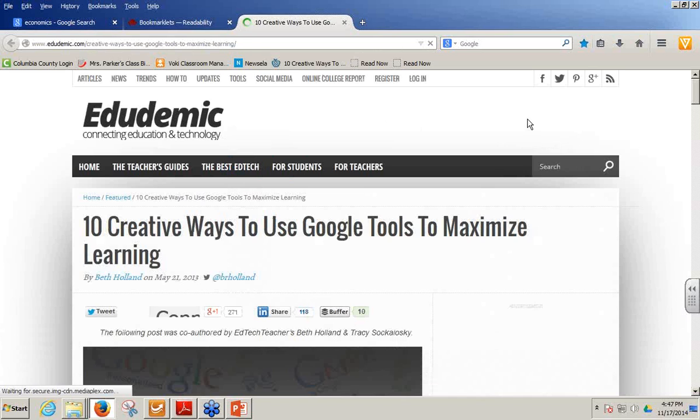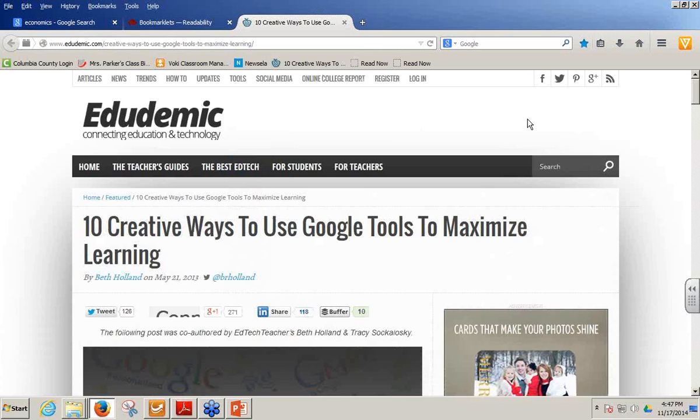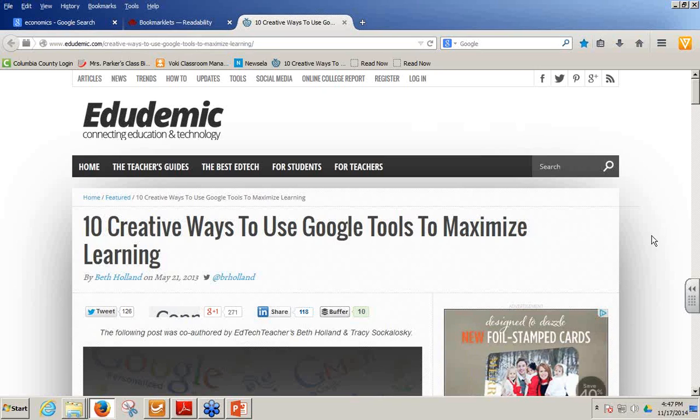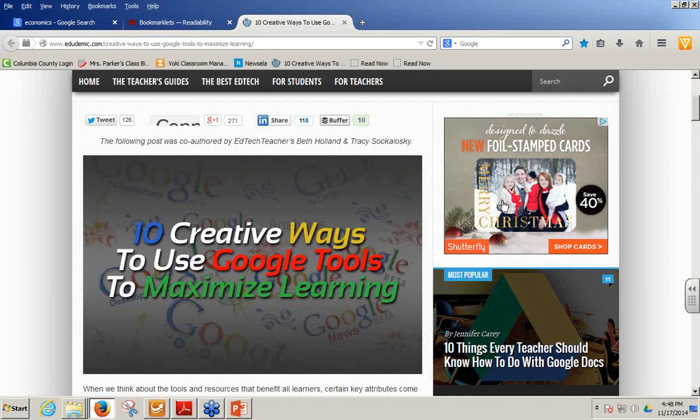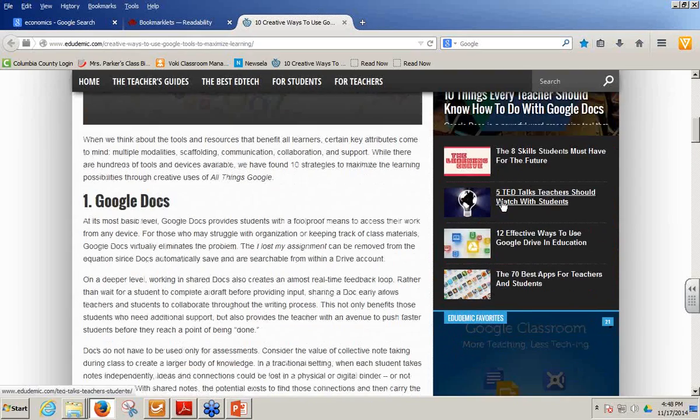And basically, especially if I'm ever sending students to an article, I want them just to get the information and not have to worry about all the other stuff that's going to distract them. So this is not the special thing, this website that you're looking at right now. I just wanted to show you one that has tons of